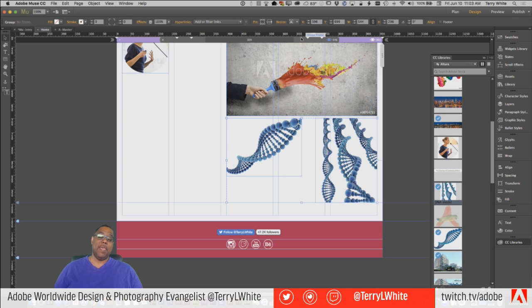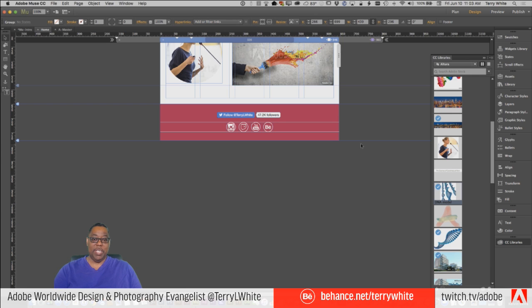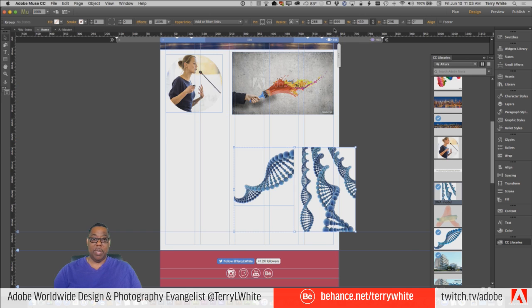Okay, so this is kind of a catch-22 to where you're putting things down after you've established other breakpoints. When you put something down, it automatically gets added to the other breakpoints. So when I go to this breakpoint, see how it's there in a different spot? Because it got added to that breakpoint as soon as I put those items in it. So what I would want to do is, actually I don't want to do it that way.